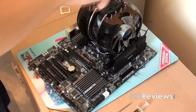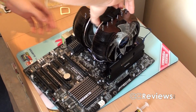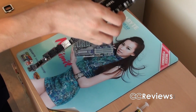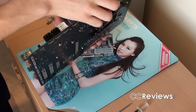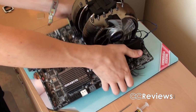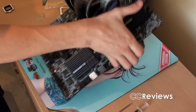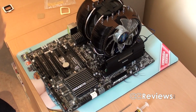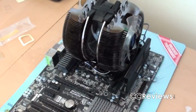Alright, so that is on, and yep, this is quite heavy, so I've got to make sure that it's safely attached, and I think it is. Yep. Alright, so I can start testing this now, and well, here are the results. Oh, and quickly, by the way,